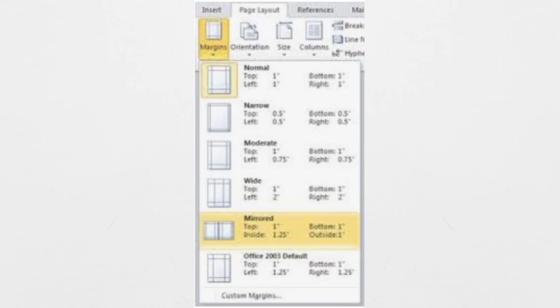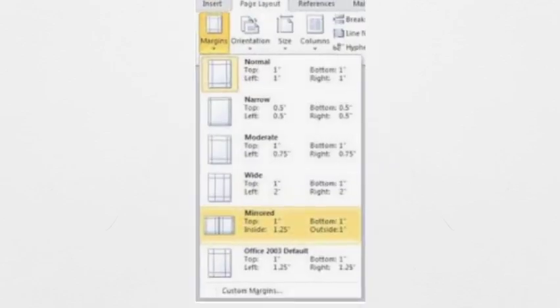In the drop-down menu some standard margins will be displayed, like Narrow, Normal, Wide, Mirrored, like that. Different types of standard margins, already prepared, are provided by Microsoft Word. You can choose any of them to apply to your page. You don't have to do anything. You simply click on any of the margins you want to apply.